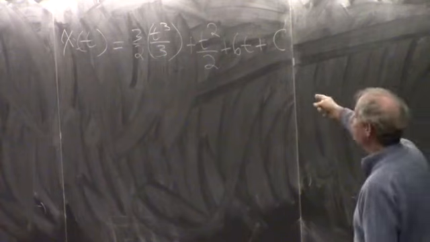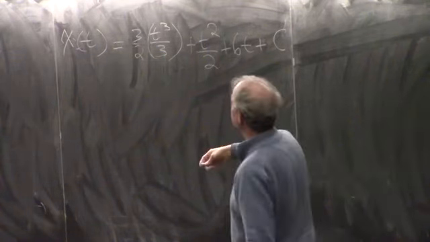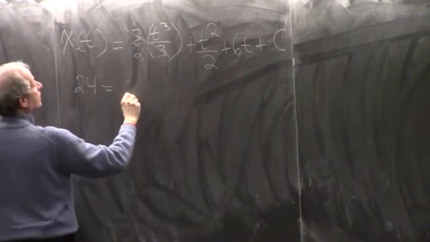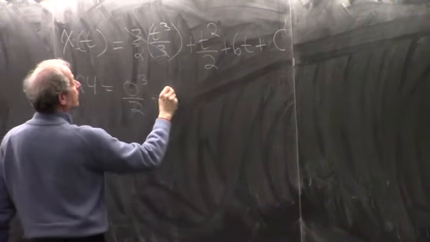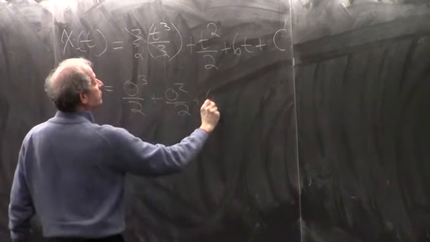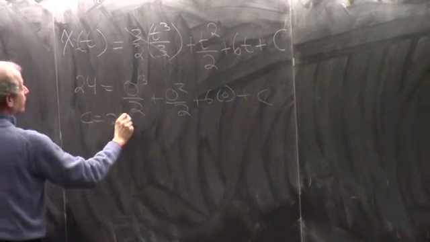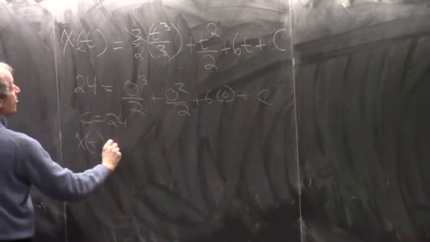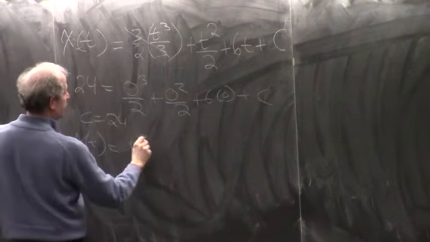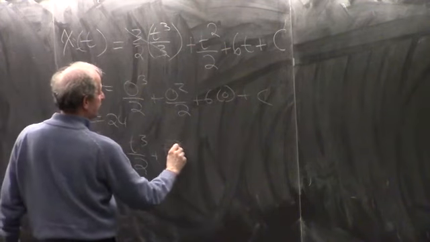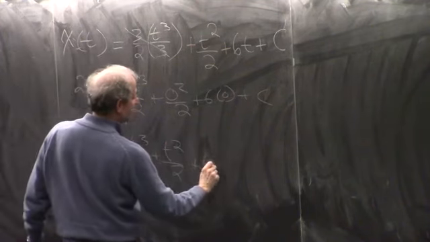Alright. Okay, so now we have another round of this. We can cancel these 3's. And now we have t cubed over 2, t squared over 2, blah, blah, blah. Okay? So once again, we know that the position at 0 is 24. So these are all 0 plus c. So c is 24. So your position equation is t cubed over 2 plus t squared over 2 plus 6t